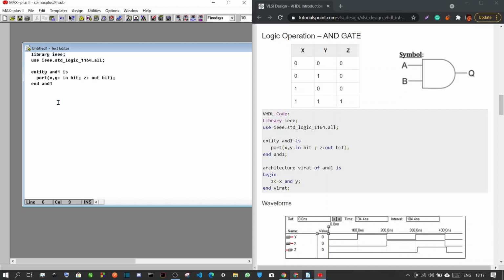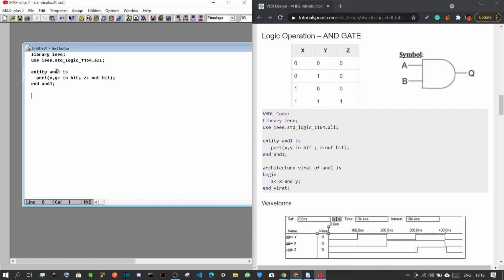VHDL is also a strongly typed language. So you have to declare everything, whether it is starting or ending. So we have to end this entity that we started. So we write end and the name of that entity, which is and1. We put another semicolon, and now we have to write the architecture of that entity that we just declared.